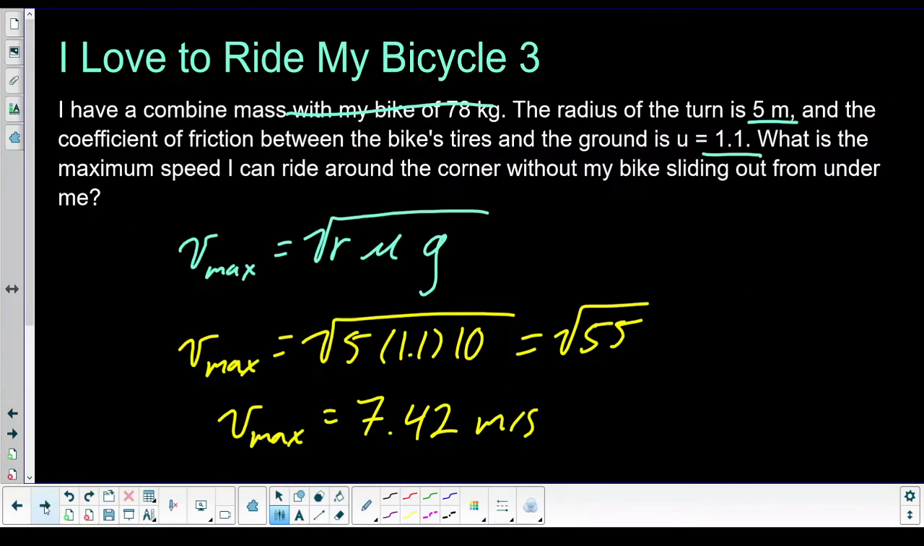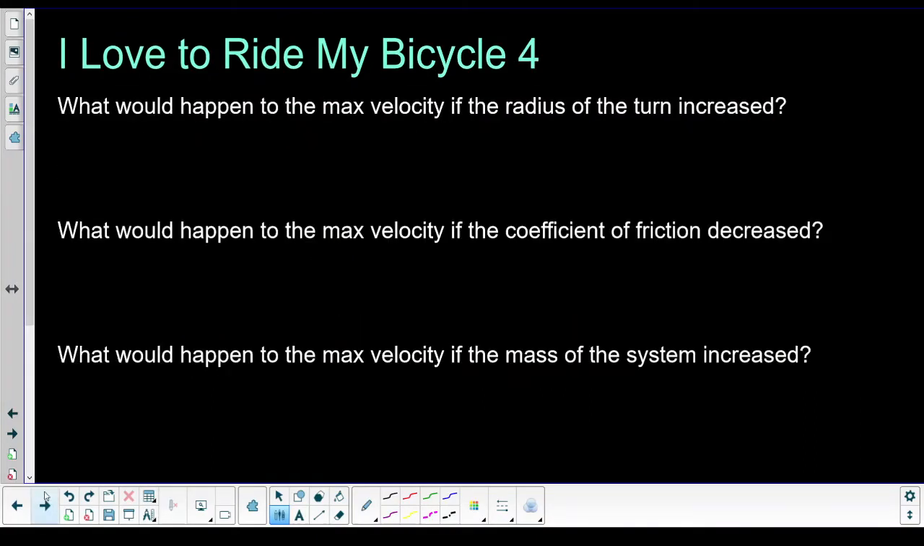Okay. Last question. And this is just a test of proportionalities and things of that nature. This is to make sure that we can manipulate equations and logic our way to an answer. So it says, what would happen to the max velocity if the radius of the turn increased? Let's look at our equation. Our v max that we derived is equal to the square root of